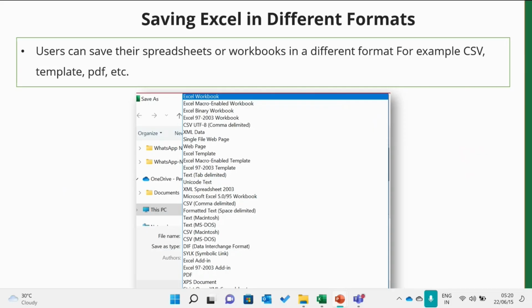There's a CSV format. There's an XML data, which is Microsoft Excel data itself. Single file web page, Excel template. As you can see that there are Excel templates. So you remember in the very beginning when we started Excel, I told you how you can create your own template. So obviously saving it as a template or a macro enabled template. Then there is text, there is Unicode text, there is XML spreadsheet, again, Microsoft Excel 5.095 workbook, CSV format, formatted text,